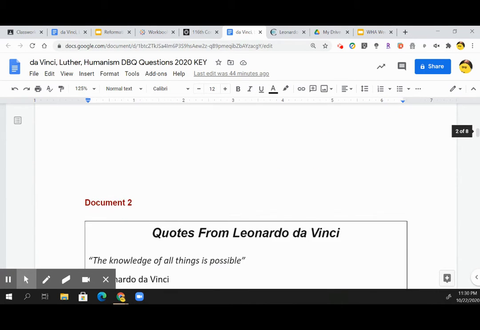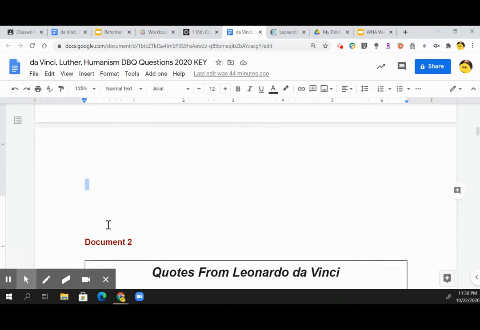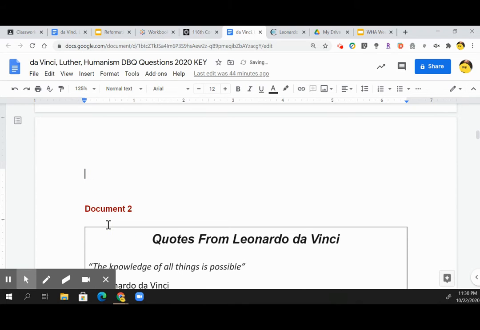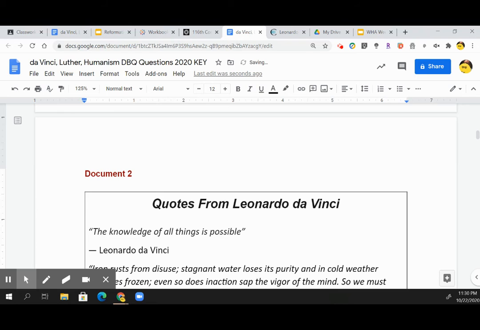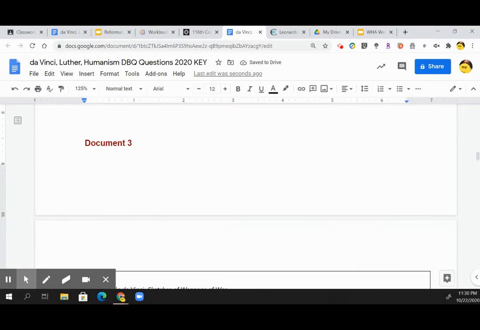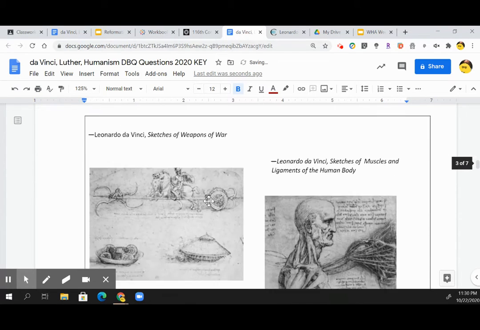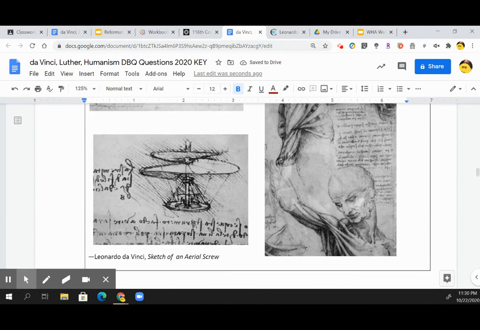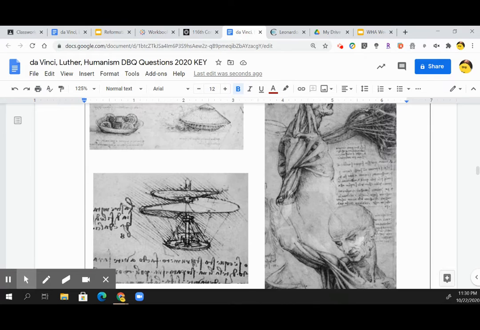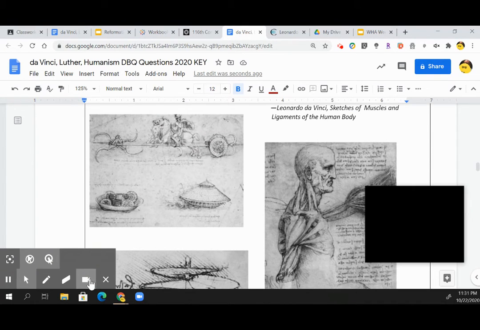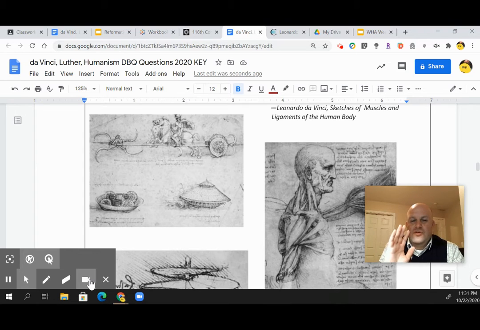Okay, I went through that one already, but now I want to look at one more document. It's actually one of the ones where you might have had to do some outside research, but I'm going to help you a little bit with this one, and that is the one on the sketches of Da Vinci as a true Renaissance man. This really emphasizes the point of Da Vinci as a true Renaissance man, a man of multiple talents, way ahead of his time.